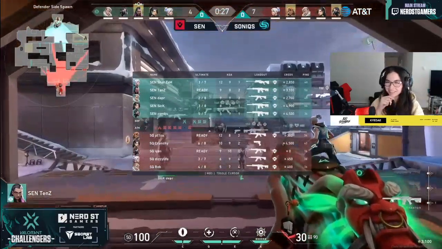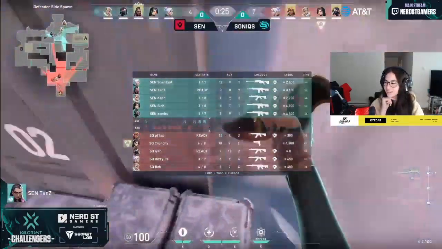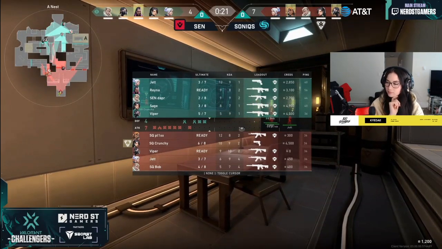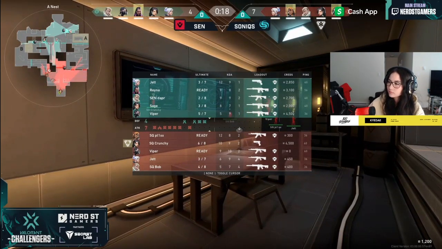That space towards the A side. They find a 4th, and now they're looking for a 5th to end the half. Yeah, it was fiending for it. Well played, one more round played to end the half. Soniqs still have economic advantage, and not only that, but